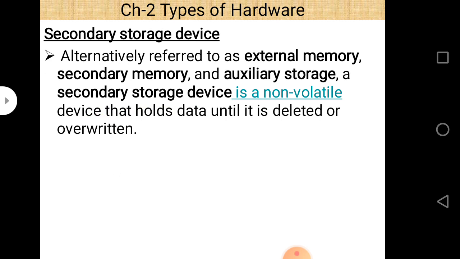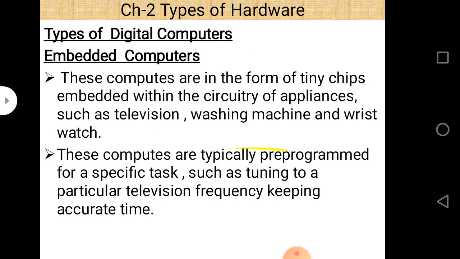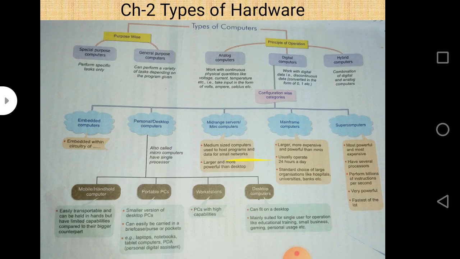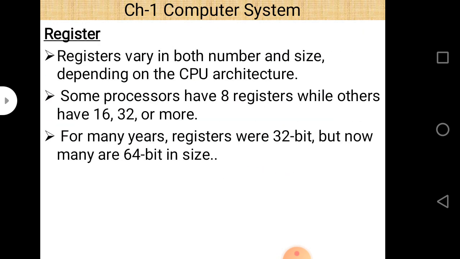They are non-volatile always, while RAM is a volatile type of memory. So as far as secondary storage and primary storage are concerned, there are two types of memory: secondary storage and primary storage. Now let us check the block diagram again, and you can easily see the difference between secondary and primary storage.